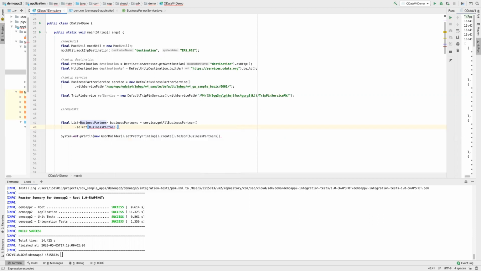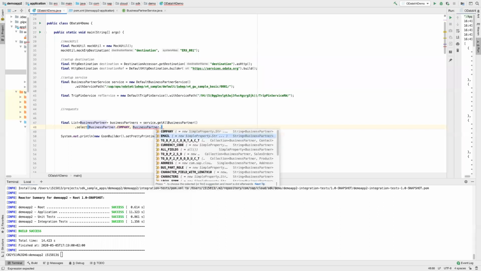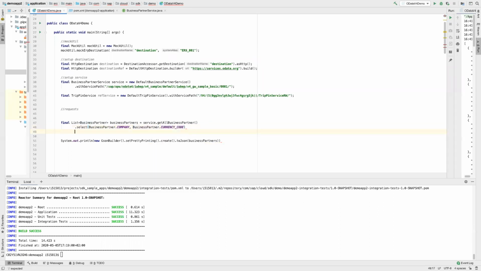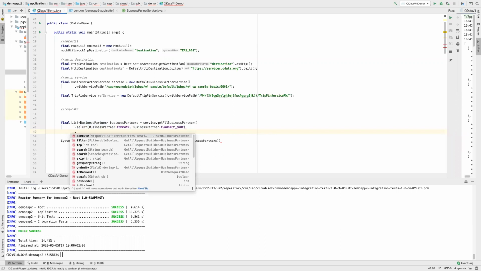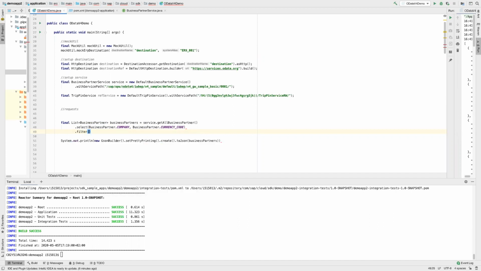Maybe I will select company and also currency code. And then here you can see we have all the operations that we can perform. We can filter, we can do top, like we only want top 20 results, and I will get into other operations as well. But for now, let's put a simple filter,